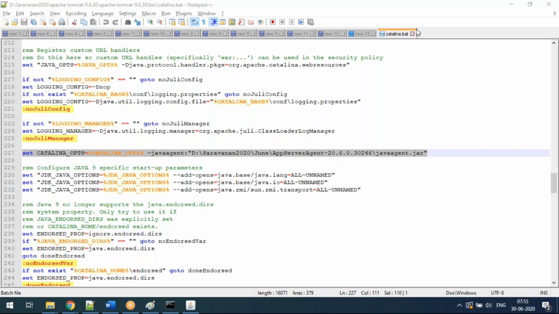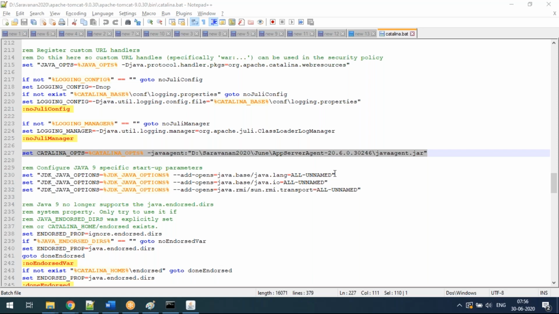Saravanan, updating the Catalina file and all this cannot be done by normal performance testers, right? I think it should be done only by the admin teams who have the access rights. Truly, but in this course journey, we are trying to give you 100% understanding of what is happening. That is the reason I'm showing this.